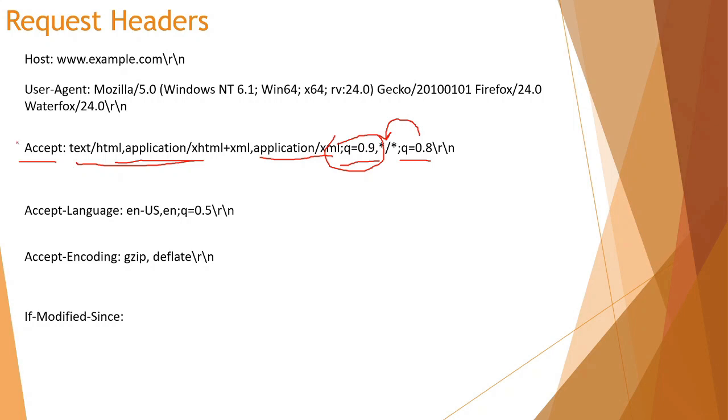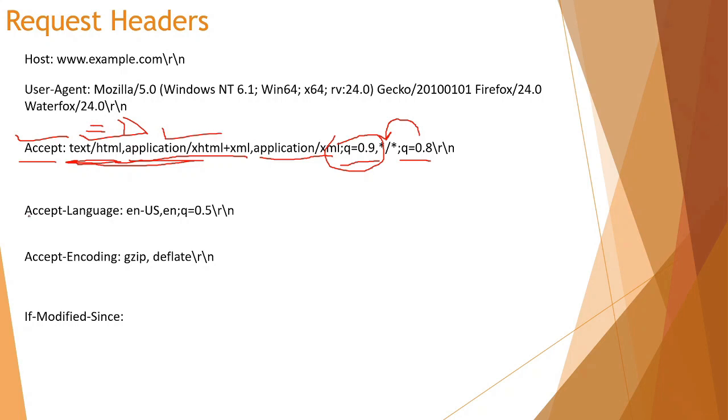In an Accept header, the client can give preference to some files and some applications. Like here, if there is no q value, it means the default value is 1. So what does it mean? The client will give preference to these files, and if these files are not found, the client will give preference to these. So the client is requesting with preference that I will accept text/html, I will accept application/xhtml, and so on.